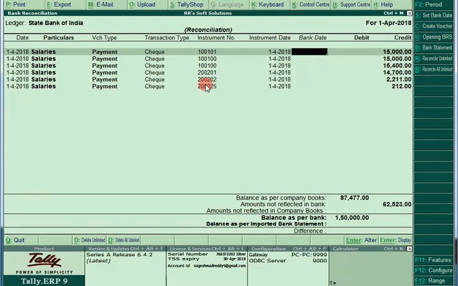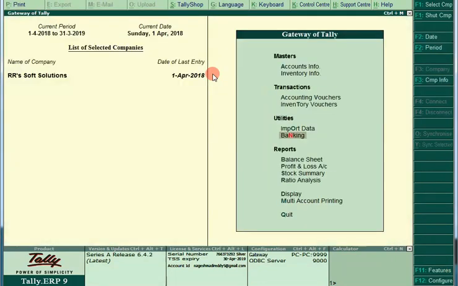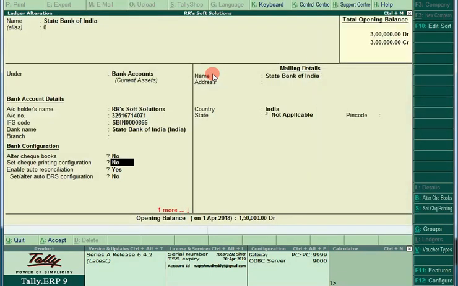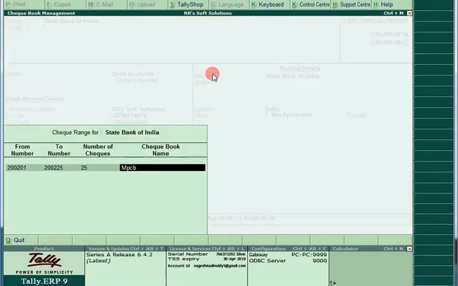But before checkbook configuration, the number was already repeated; there is no chance to repeat the checks once configured. And one more thing: now you configured one checkbook's details in the company in the system, and again you get a new checkbook with a new check range, with different numbers. In that case, go to Accounts Info, Ledgers, Alter, open your same bank ledger, and go to Set Checkbooks, Alter Checkbooks. Make sure when you are trying to add the second check range, you do not disturb the first range. Just come down now and mention 500